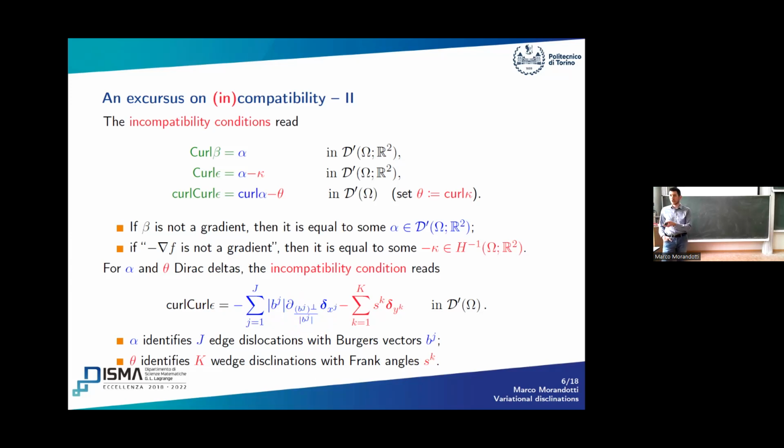As I said before, the measure of the entity of a dislocation is called the Burgers vector, that counts in which direction there is a lattice mismatch. Typically, it's of order one lattice spacing, whereas the measure of the seven-fold or five-fold disclinations that you saw before in the picture is called the Frank angle, and it's just a number. Those typical ones would have been pi over 3 or minus pi over 3.